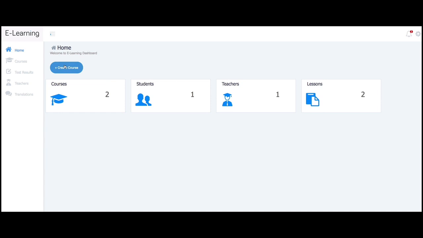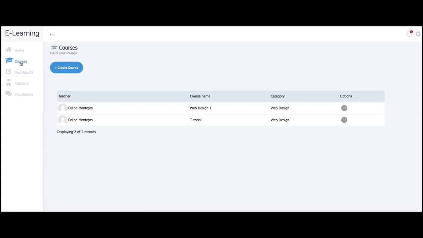We can create a course through this button over here, or if we click in courses in this left side menu, there is the same button over here available for us, okay? So once you create a course, it is going to appear in your course list right over here. And in this case, I have two. You can see which category they're in. You can see their options, okay? And you can click here to edit them. You can see their names and their teachers, okay? I have added myself as a teacher for these tutorials and also when I was playing around with the app,